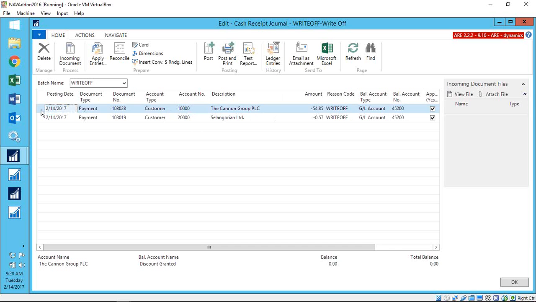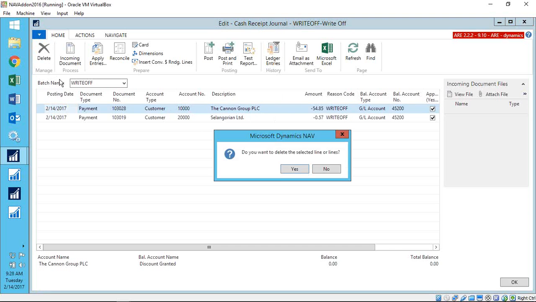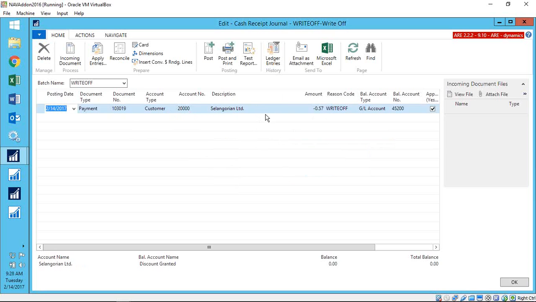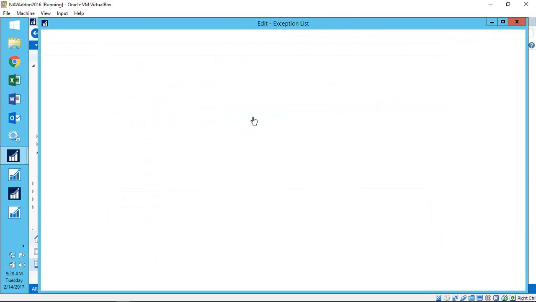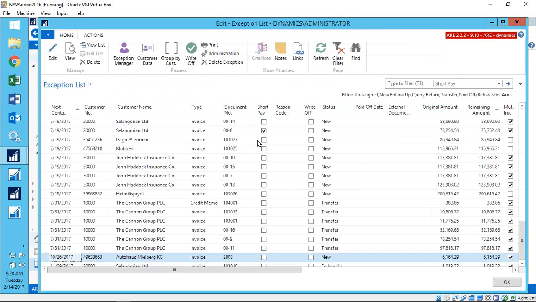Nope, we're not writing this one off, we're going to collect it. So we'll just delete that line and then post this one, and it will set the balance on that invoice to 0. So writing off and keeping your accounts receivable clean is a whole lot easier than having to remember to go in and do them individually. Now,